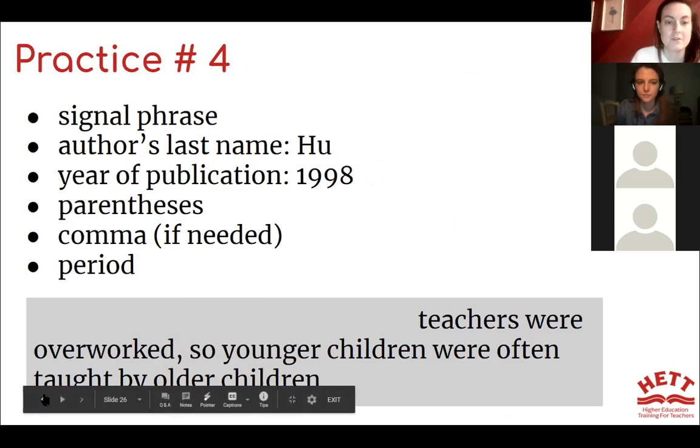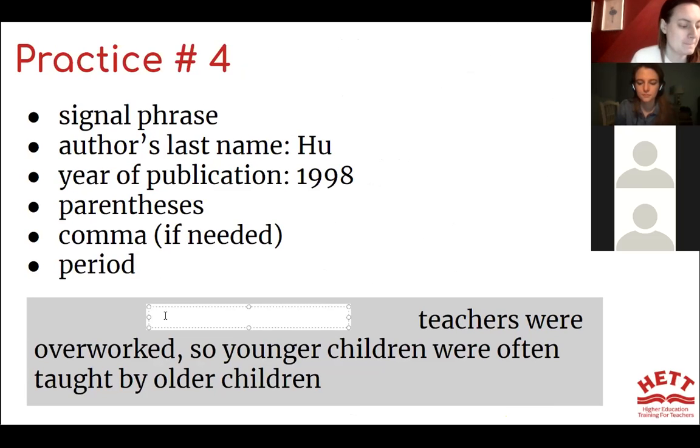Yeah, so maybe you could do, I need to do my annotation text. What could I use?